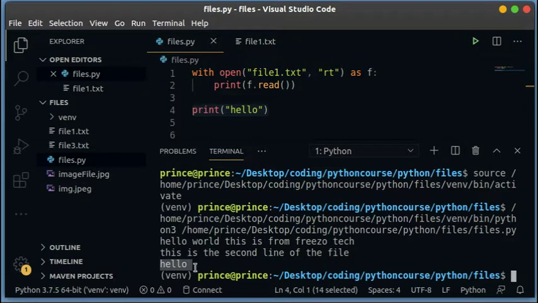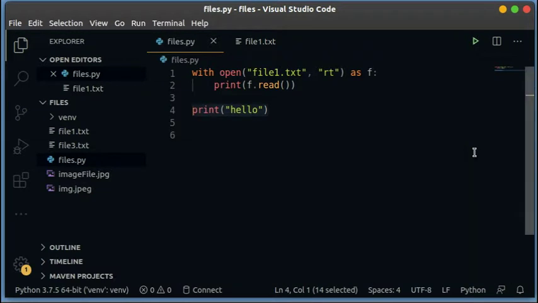By the time we print this hello, our file is already closed. So that's how you work with context manager. You can do the same processes in here that we did previously. You can change the mode and everything should work as usual. The only difference using this is that it closes the file for you without you having to close it, and